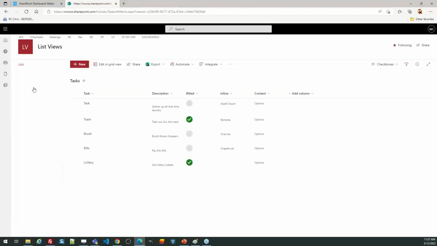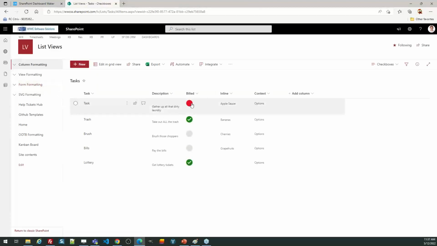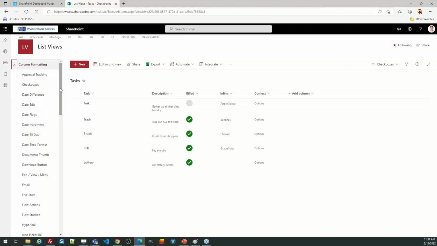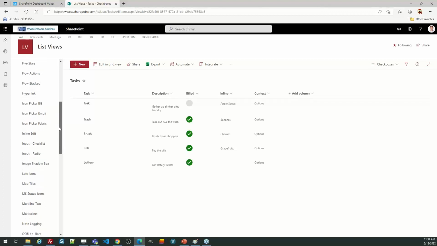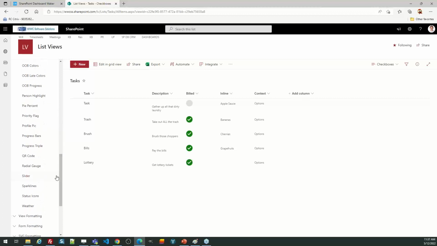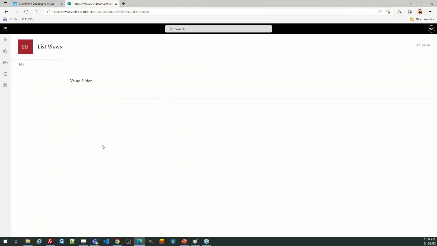There's a lot of cool interactive ones. So I'm going to show you from a user standpoint just to get to the fun stuff. This is a yes/no column where I'm just clicking directly on the checkbox to change the value from the form. One thing I did just recently is a value slider. So let me see if I can find that real quick. I just called it slider in here. Okay, so